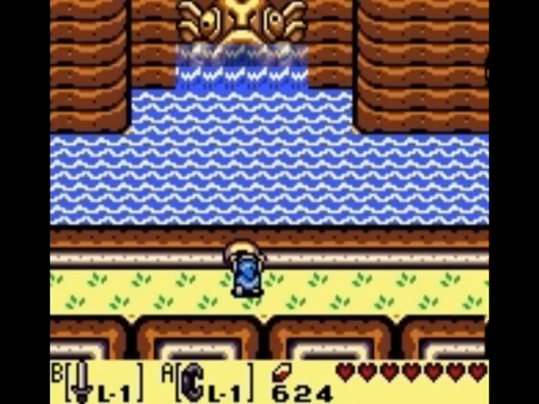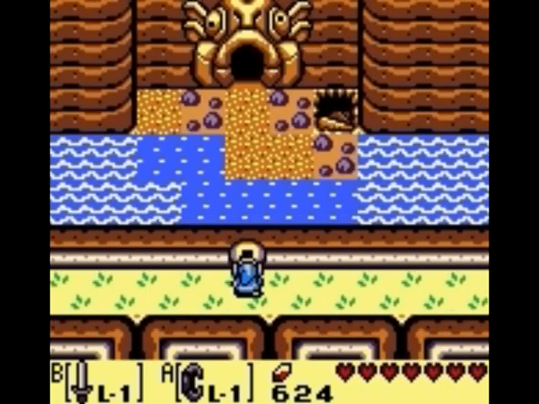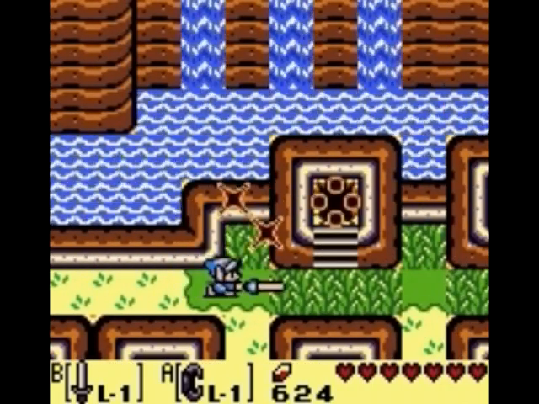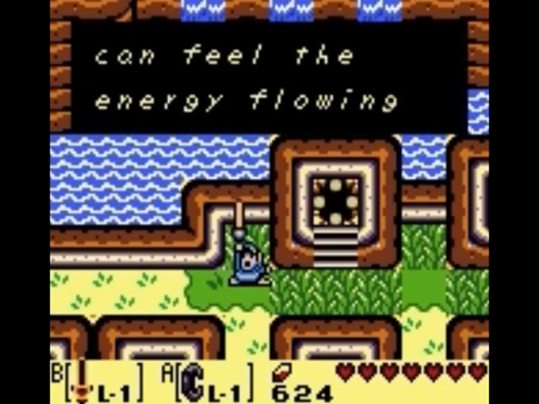There's a keyhole here, and since we have the Angler's Key, we can place it in, and this will reveal Angler's Tunnel, which is the next dungeon. We can't actually enter it from here yet because we have to scale the mountain and jump down, just as